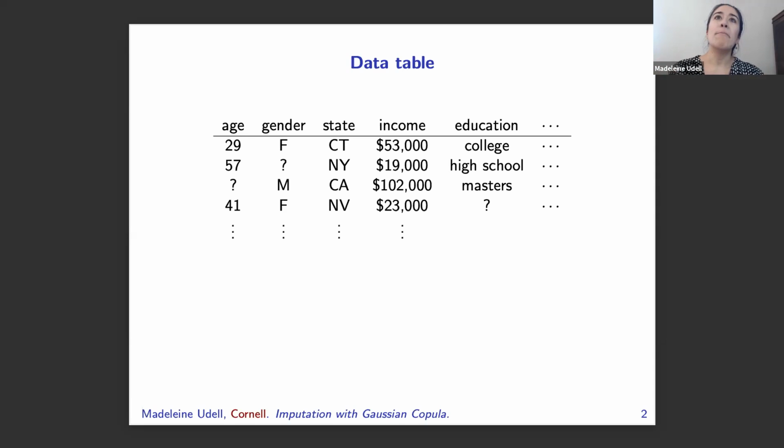Now, look at something like education, and this is ordinal, okay? Like a high school education is less than a college education, is less than a master's degree, is less than a PhD. By how much, I don't know, right? Can we ask questions like, is a high school education more different from a master's degree than college is from a PhD? Right? How would we think about that question?